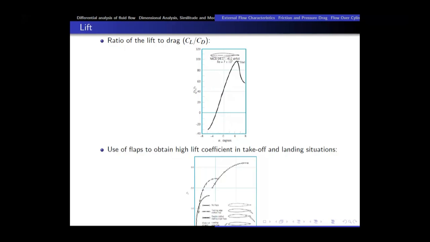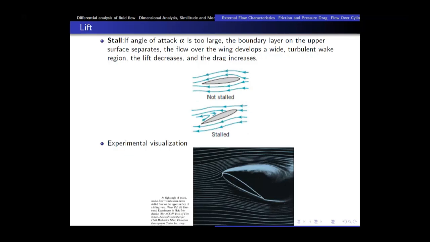I hope that, because these are practical applications, it would be of more interest. So if there is a